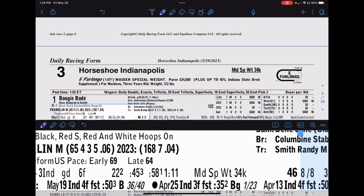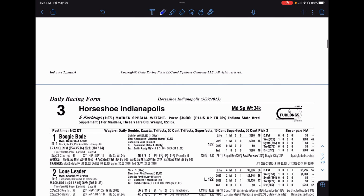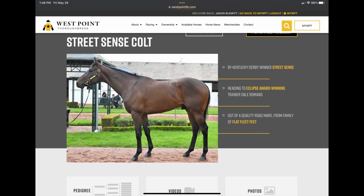And that's going to do it. Wishing all our horses the best of luck. We've got a little room, again, as I wrap this up, in fact, less than 10% left on that Looking at Lucky New York bred going to Steve Asmussen, who's supposed to win 2 early races Monday at Horseshoe. And check out the Street Sense Colt as well, who's going to Dale and his big-time turf breeze